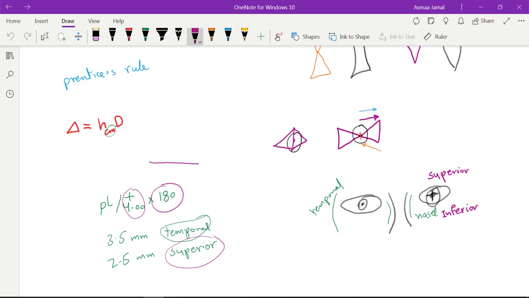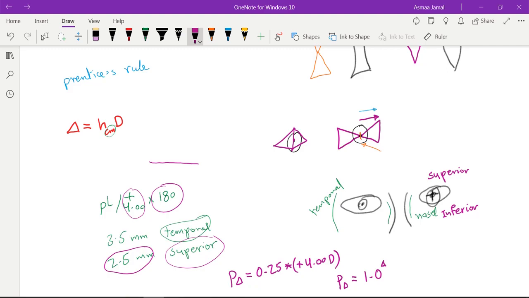So that prismatic power of the lens equals the distance from the optical center in centimeters. So here we need to convert it to centimeters. That equals 0.25 centimeter multiplied by the power of the lens, which is plus 4. So the prismatic effect at that point equals